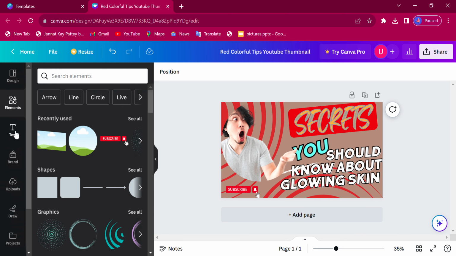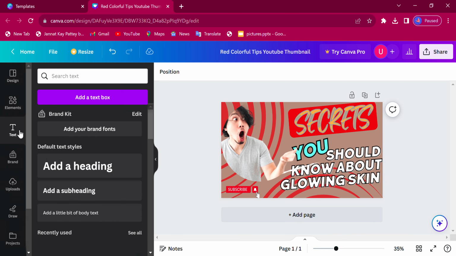So let's move on to the third option. This is the text option. Alright, so if you want to add a text box, I'm gonna click on